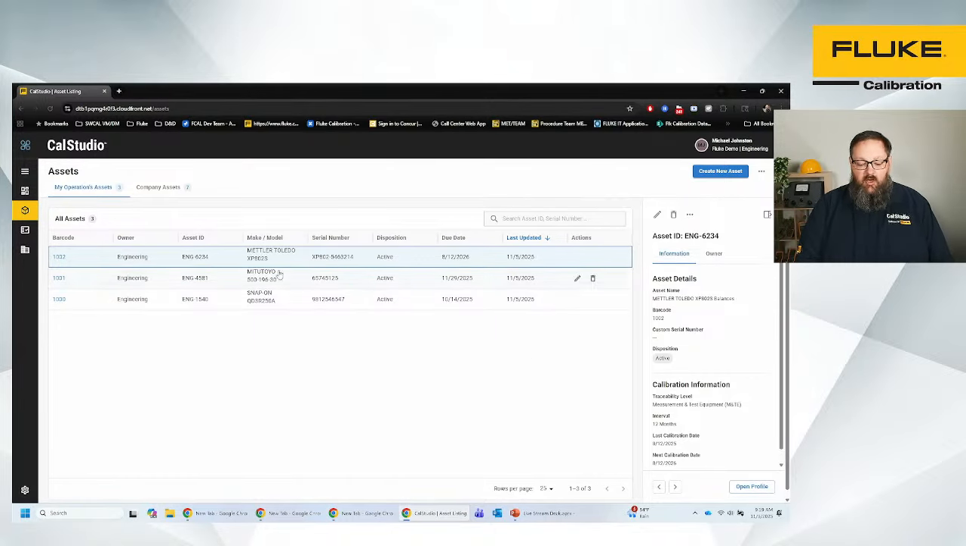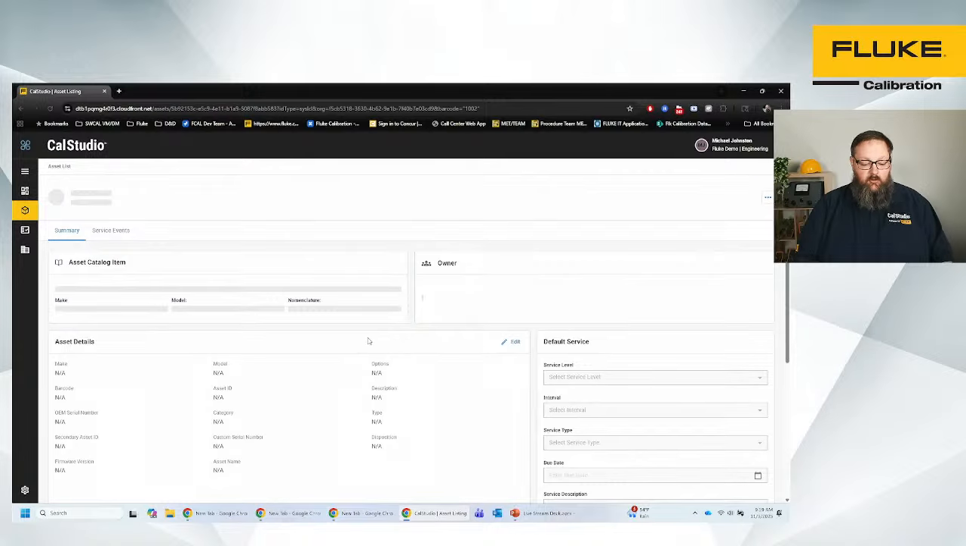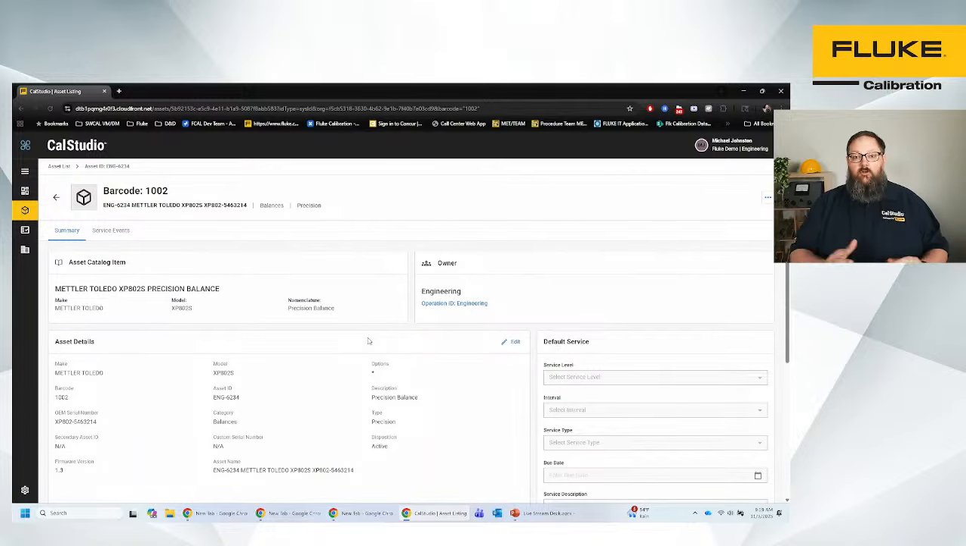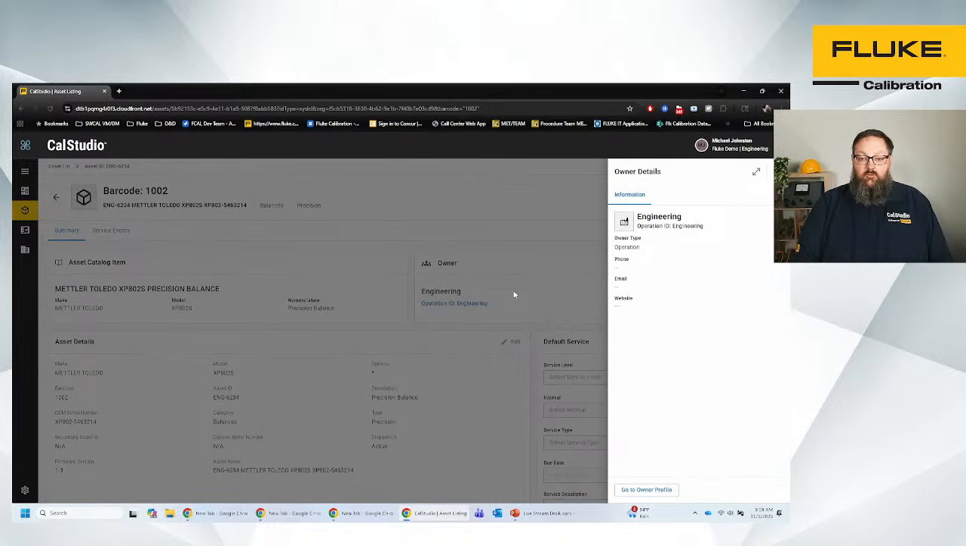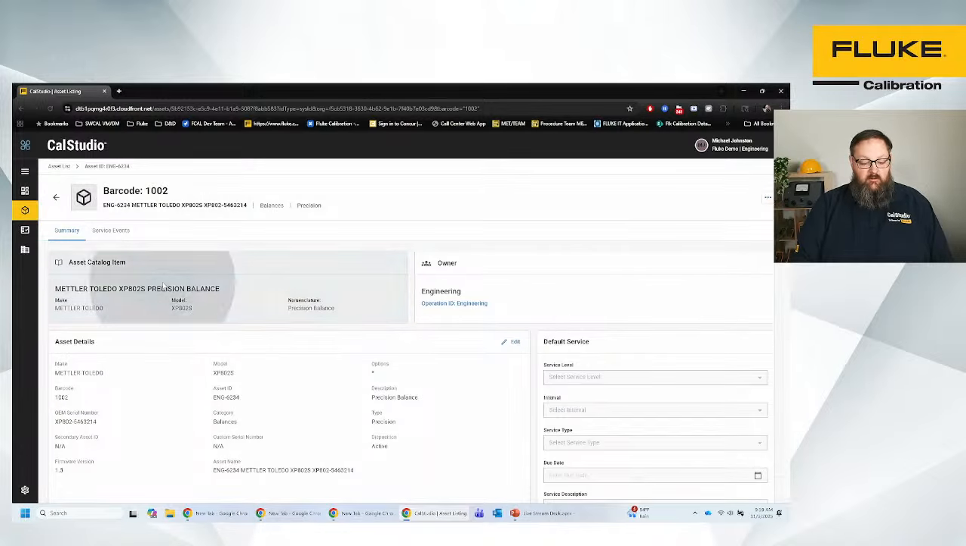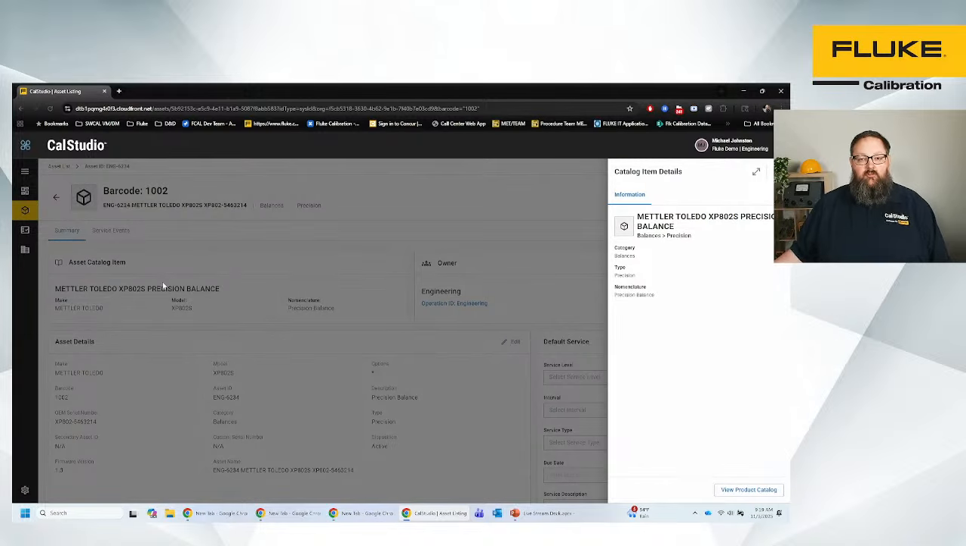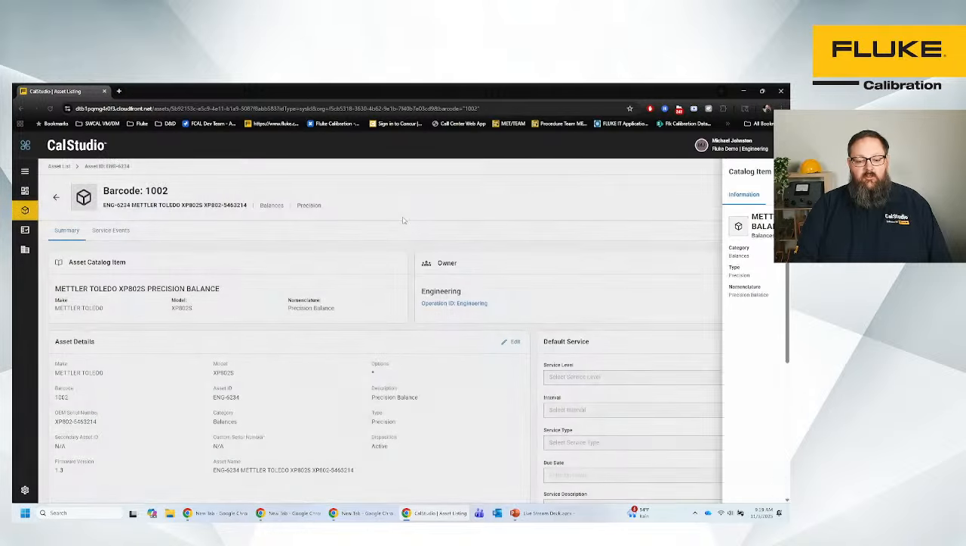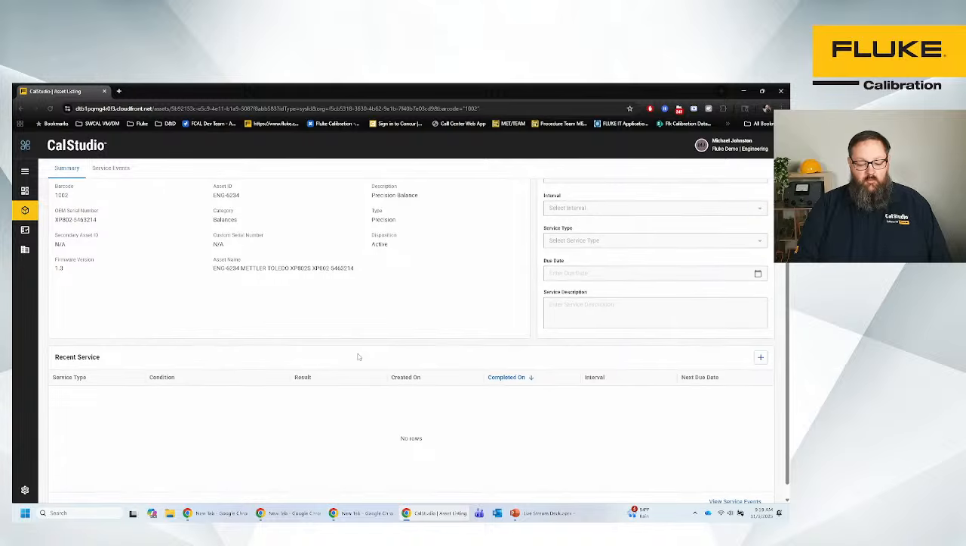So we have that side pop out, but we can also view the full record of this asset as well. And we can see here that we have those same kind of peek and poke type structures on those records as well, where we can look at who is the owner of this, right? The catalog that refers back to our product catalog data, where this is linked to that information directly in the catalog. When we have work that is done on this, we can see those services here, which we'll show you